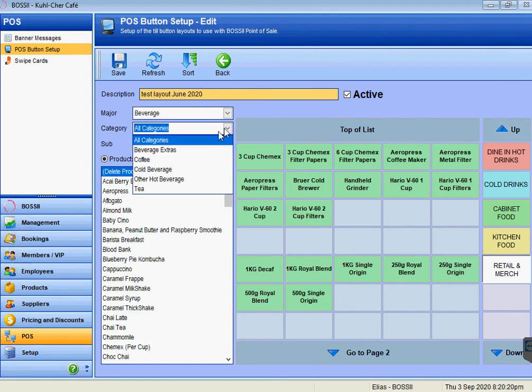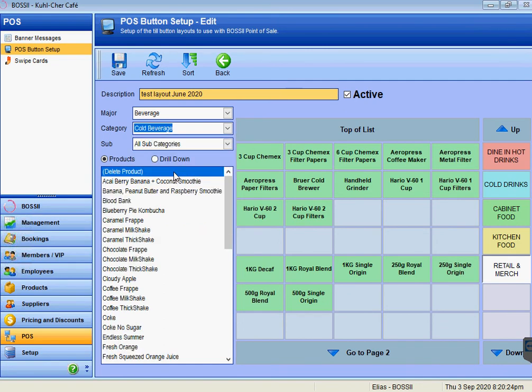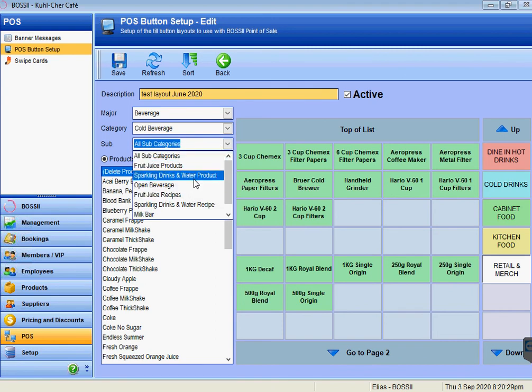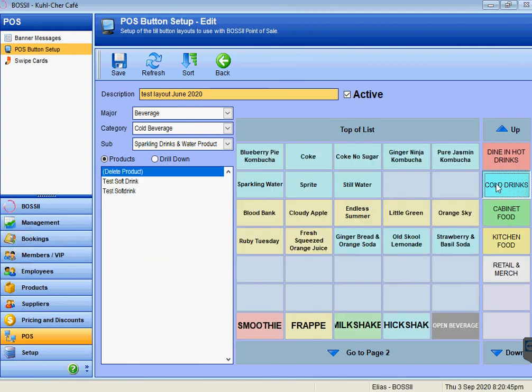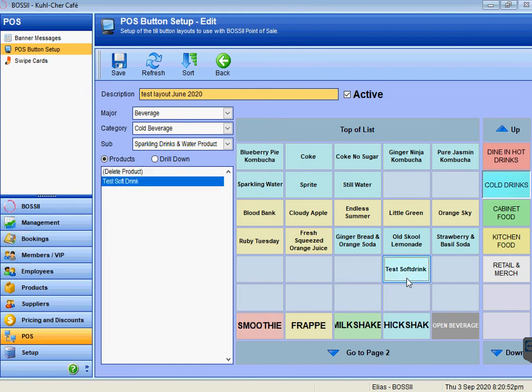It was under the category of cold beverage, I believe. And it was under the category of sparkling drinks and water products. And there is our test soft drink. That's another one that we did previously. So we can put that anywhere on the POS buttons. So we'll go to cold drinks category, which is the second one. And now we can just choose our test soft drink, and we can put that item anywhere we like, just